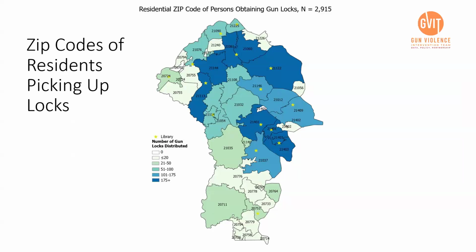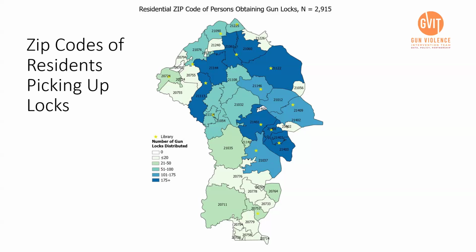We do a lot of these sorts of maps in public health, right? Looking at distribution, when you show zip codes, people tend to know their zip code, but you may not know what that means otherwise. These maps help people understand, oh, the northern part of the county, or I think Glen Burnie is here. And so we can now align this with other maps that we use to show where gun violence is happening and to understand that we are distributing these in some of the places that need them the most.